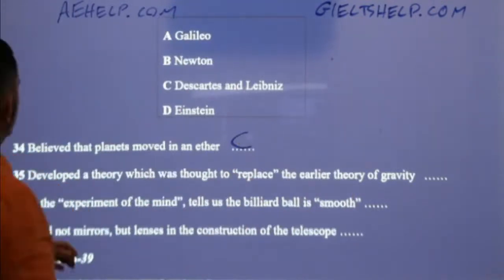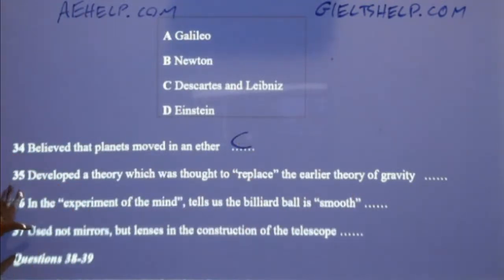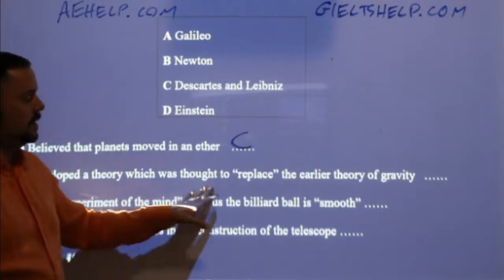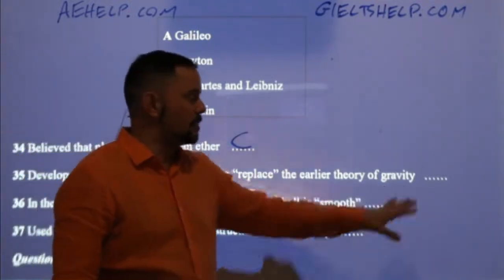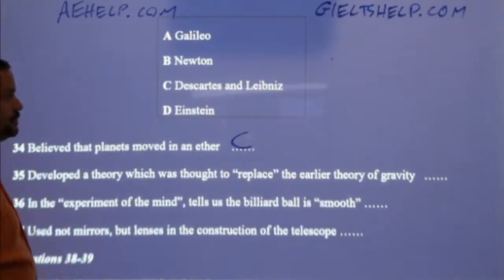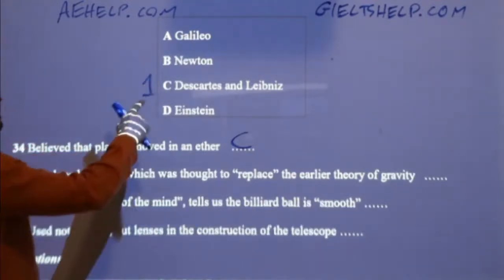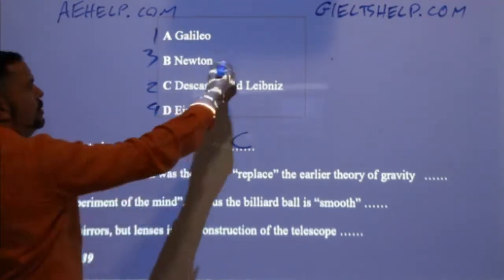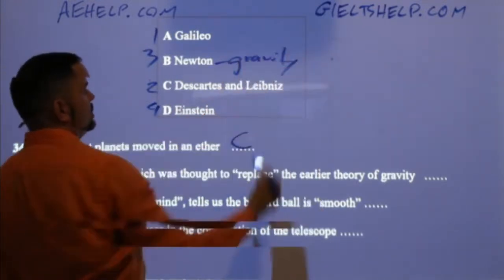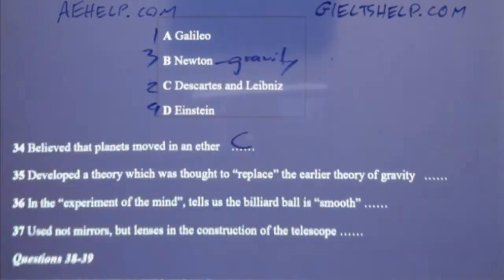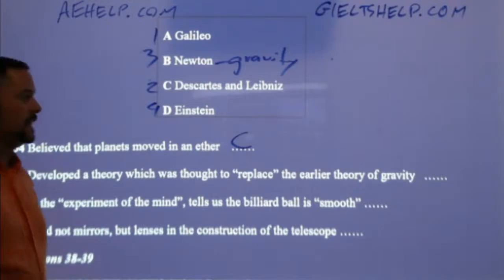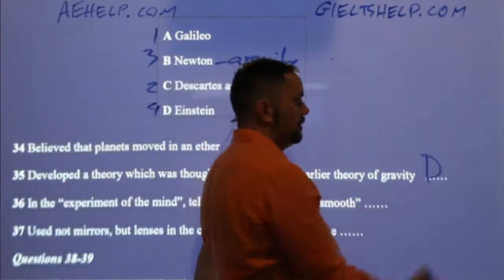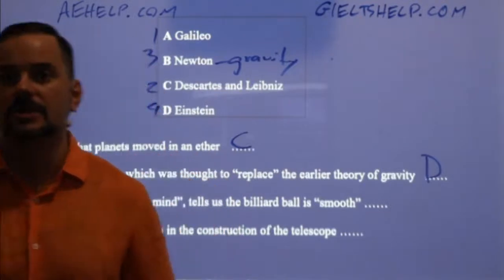So here we go, 35. Oh, maybe space not. There's dead matter, antimatter. Anyway, I'm not a physicist. 35, developed a theory which was thought to replace the earlier theory of gravity. Use your logic. These guys came first. First, second, third, fourth. Newton came up with gravity. So clearly it had to have been, there's only one choice here that would make sense for number 35. And that's Einstein. So Einstein's theory of relativity was thought to replace